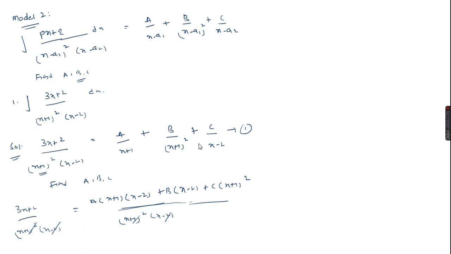(x minus 2). Here what is the LCM? The LCM is (x plus 1) whole square into (x minus 2). This is the highest term. In this (x plus 1) whole square we have one (x plus 1) term. So just to do the simplification, a into (x plus 1) into (x minus 2) plus b into (x minus 2) plus c into (x plus 1) whole square. The denominators are cancelled,